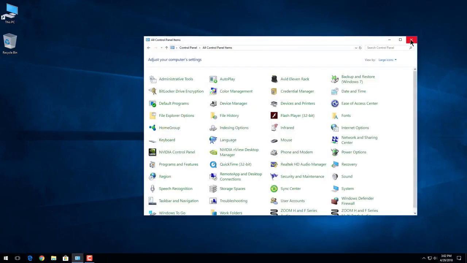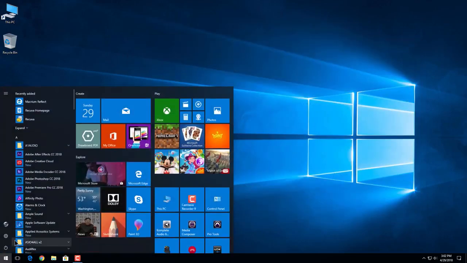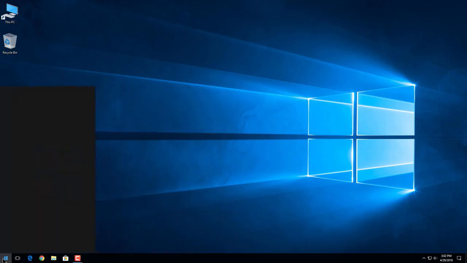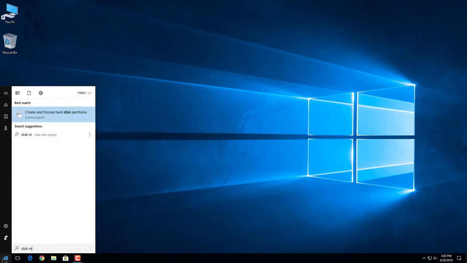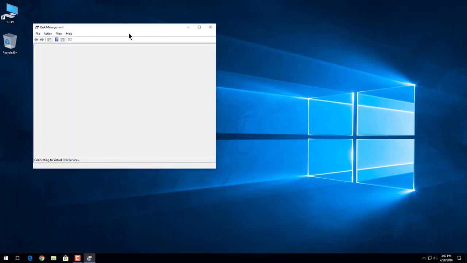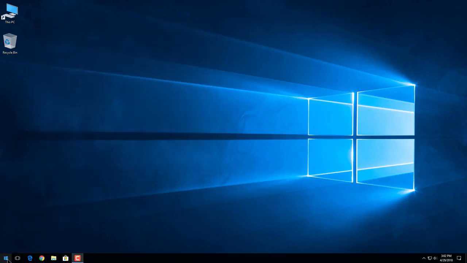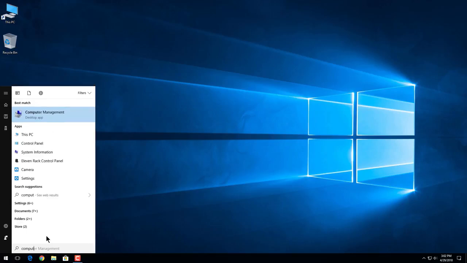So how do you do that? Well, few ways you can do it. We can come down here to start and just type in disk management. And you can see create and format hard disk partitions. You can open that up. That will take you right where you need to go. Or what you can do is type in computer management, and you can go right to computer management, or we